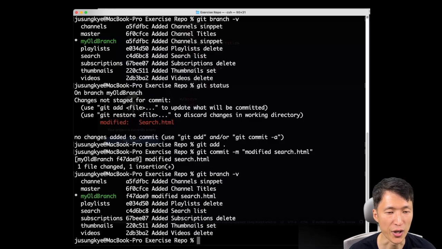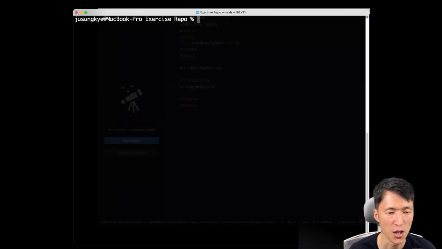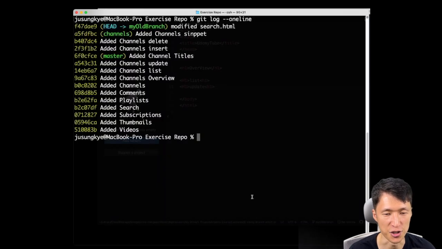Once the commit is made, we will inspect the branch's state to see if the pointer has been updated. Upon checking, we can see that the myOldBranch pointer has indeed moved to the new commit, which now starts with F47DAE. This confirms that the branch pointer updates with each new commit, just as we discussed. If you compare these changes, you will notice that something has changed. When you look at Git log, you can see that the old branch, myOldBranch, was pointing to this previous commit,